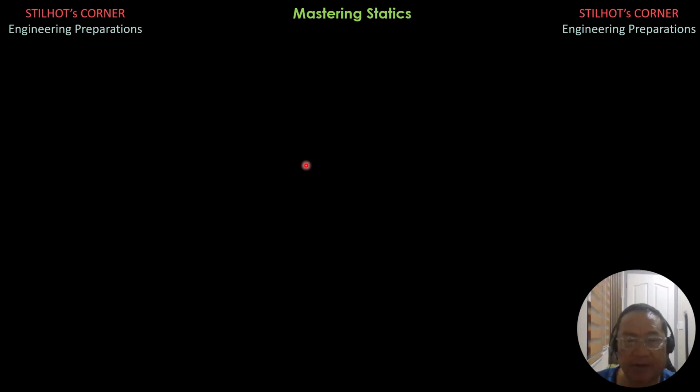In this video, I'm going to present problems and solutions to particles or objects in equilibrium. Because we treat objects or problems in this video as particles, they are concurrent, and there are two cases. One is coplanar concurrent force systems in equilibrium, and the other is concurrent force systems in general, in space.